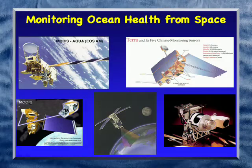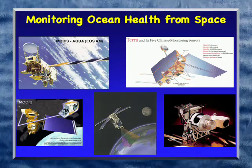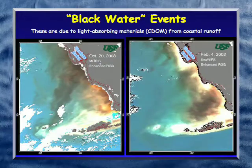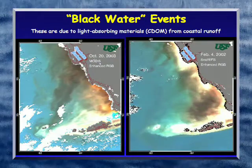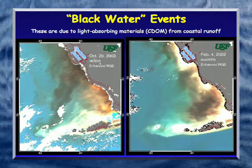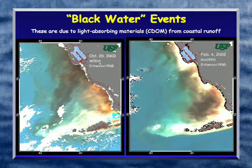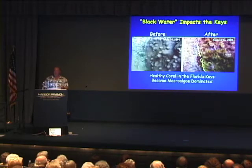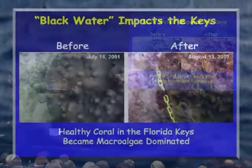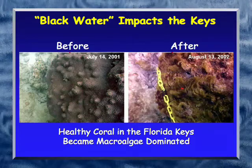And some of the platforms we're using today are the new technology satellites like MODIS Aqua, MODIS Terra, to allow us to actually see these black water events coming out of the Caloosahatchee River, that image on the left, coming all the way to the Dry Tortugas. The panel on the right showing a pulse release coming out of Shark River Slough. That was back in 2002. Caused a lot of damage to the resource in the Keys. Just that one event showing this before and after shot of a reef off Key West that black water moved